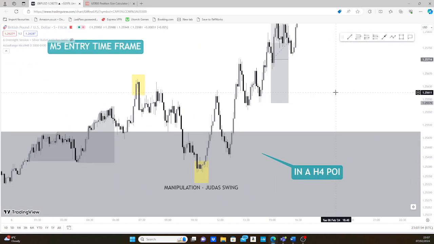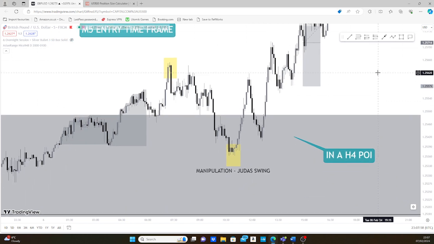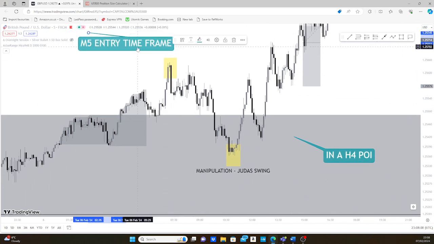So the M5 is used typically for entries, but it's important to understand you must build a narrative from the daily time frame to the 4-hour to the M15 all the way down to the M5 before you can enter a trade on this time frame. So you have no business on the M5 before you've done your higher time frame analysis, and these are the time frames I use. So to sum that up one more time,